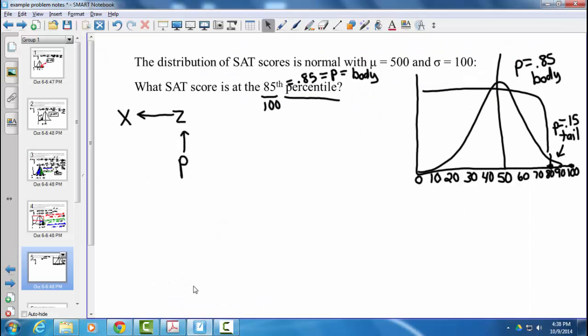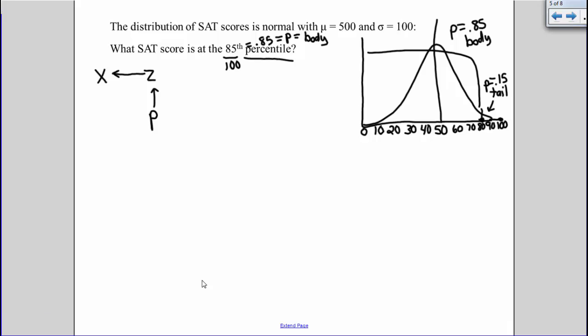And you know that the z-score in question is positive because you know that it's falling to the right of the mean. So if I wrote in my z-scores, this would be a z-score of 0. This would also have an x value that's equal to the mean. So remember, these are my percentiles. And we just found our z-score of 1.04. That's the z-score at the 85th percentile, but we want to know the x value, or just the regular old score